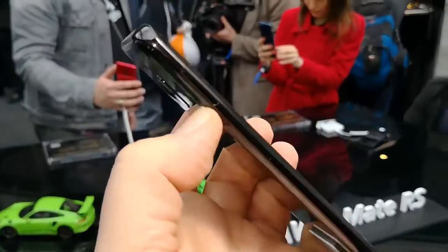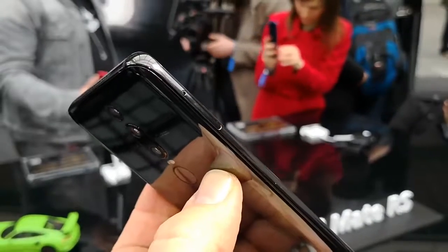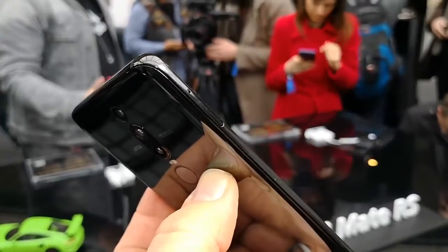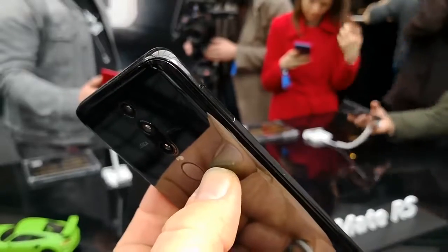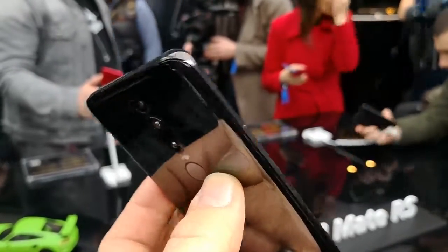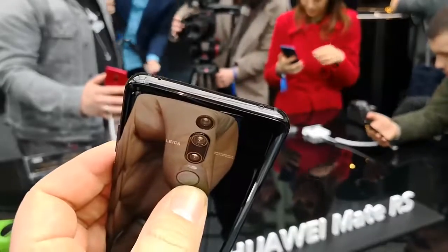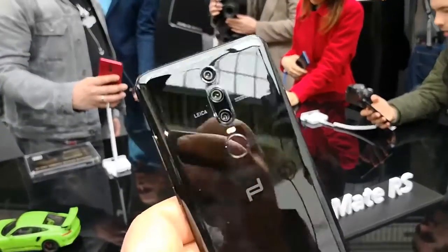Excuse me for that. If we look up here, you can see we have the nano SIM slot. I don't know if there's going to be a dual SIM version, but I'm guessing so. Otherwise, it wouldn't really make much sense. I don't think there is going to be an extendable memory slot in here, because the P20 Pro, which this is based on, does not have one of those slots. If you look at the top, you can see there is an IR blaster on the right. On the left, we have the noise cancelling microphone, and looking at the back, you can see one of the